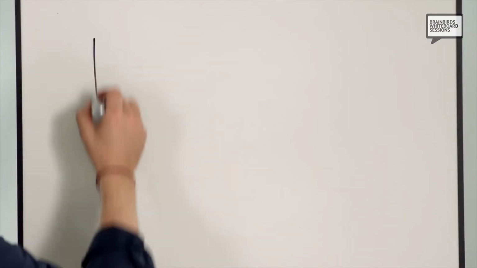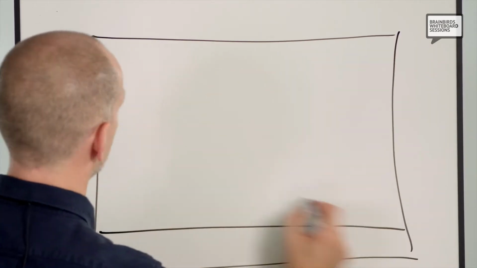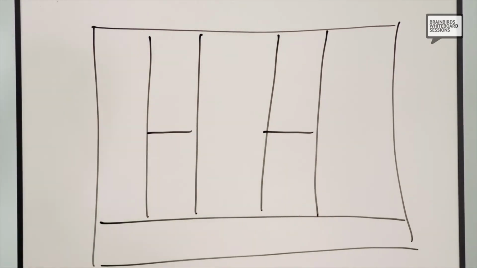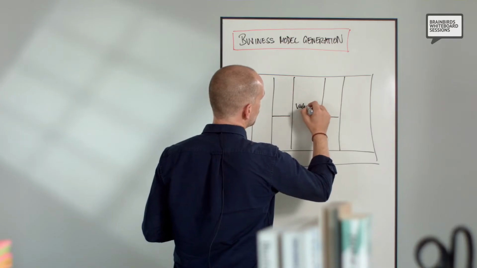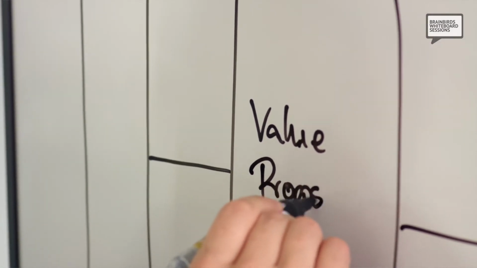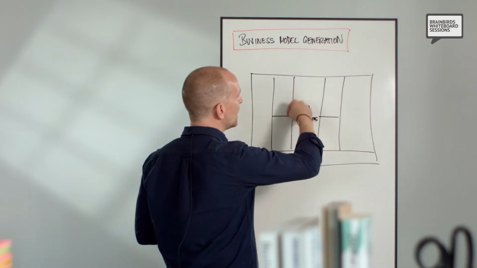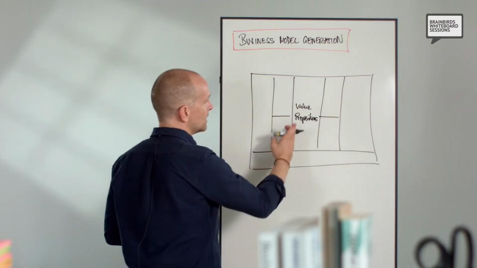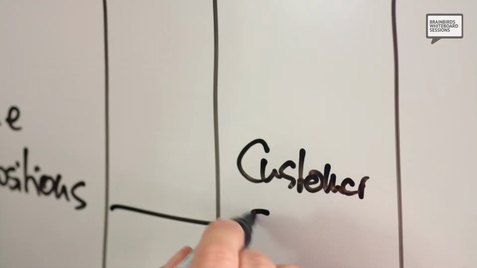The business model canvas is a tool that has 9 components. In the center, we have the so-called value propositions. This is our product with the value proposition that we provide to our customers. So what is the value we can create with our product? And we sell this to our customer, the customer segments,